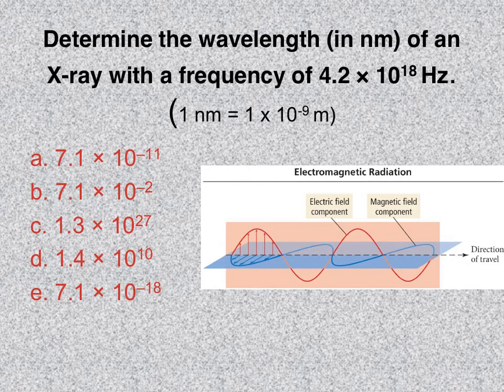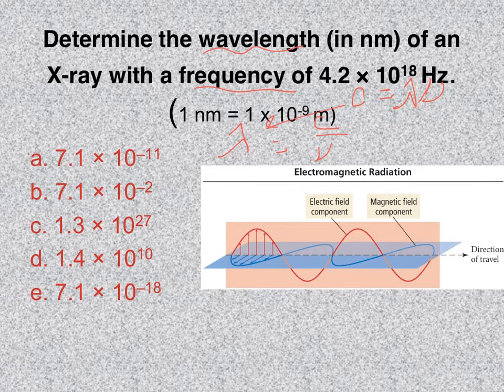Here's a pretty straightforward example of using the equation we just learned. Okay, c equals wavelength times frequency. In this problem, it says find the wavelength if the frequency is 4.2 times 10 to the 18th. So you need to get comfortable rearranging this equation to solve for whatever variable you're being asked for. It's asking us for wavelength, so if you rearrange that equation, wavelength is the speed of light divided by